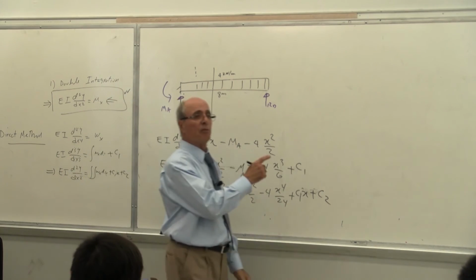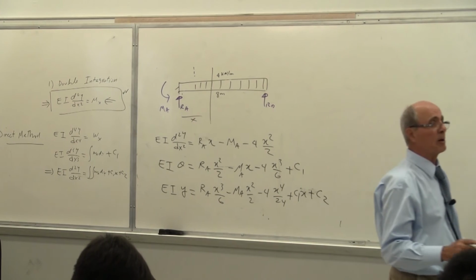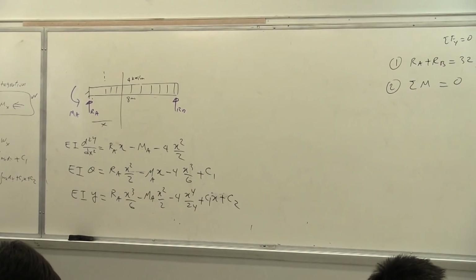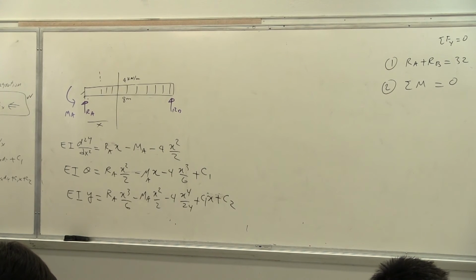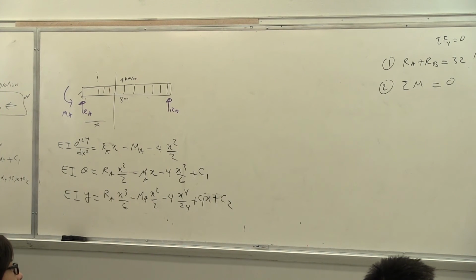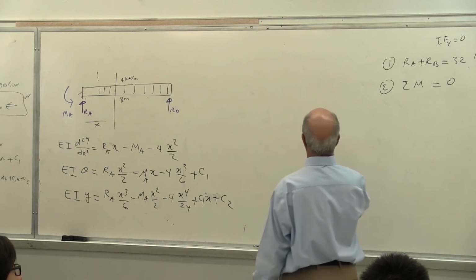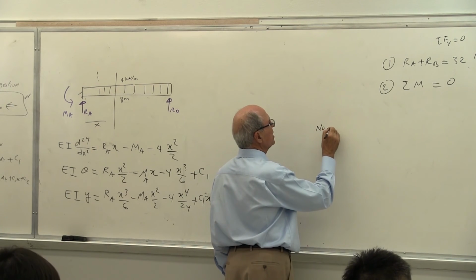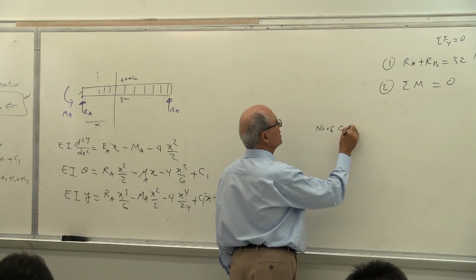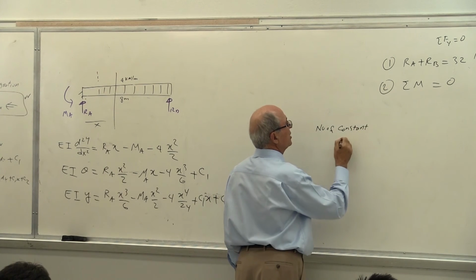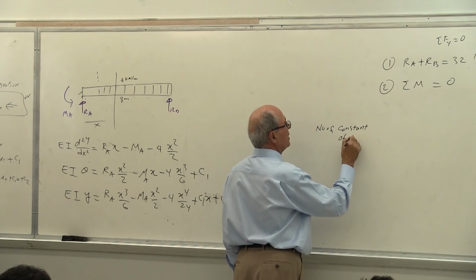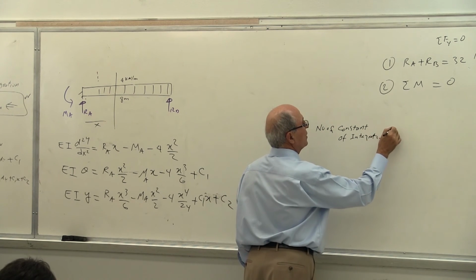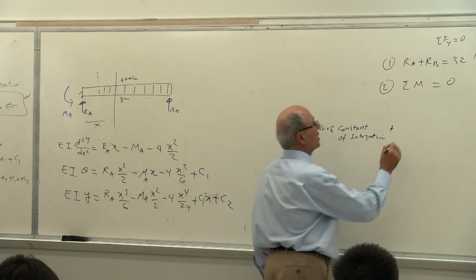So write it down. This formula always exists for this type of problem. The beauty of that is this. It takes care of it by itself without you realizing what's going on. It solves the problem with you in this format. Always this is true. It's not in the book. You want to write it down. The number of constants of integration, in this case, how many do we have? 2. Plus number of reactions,